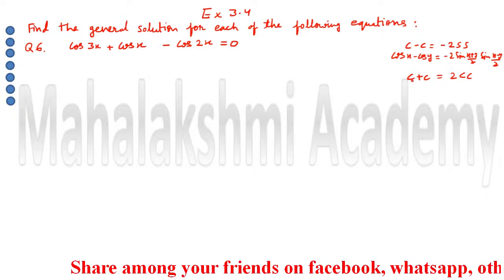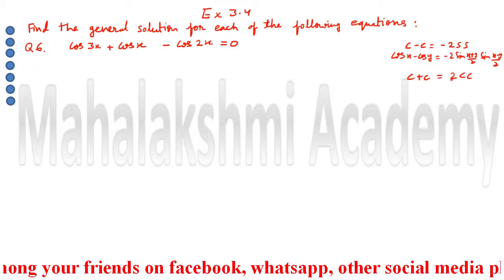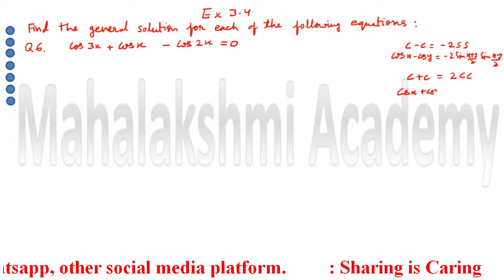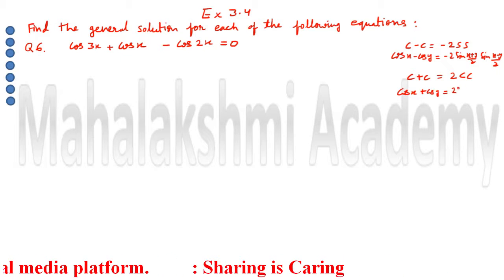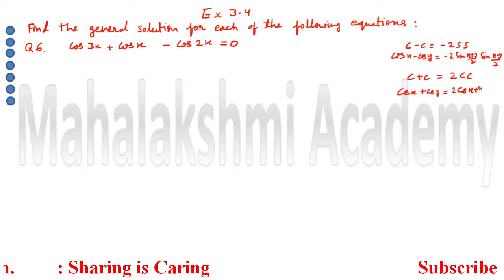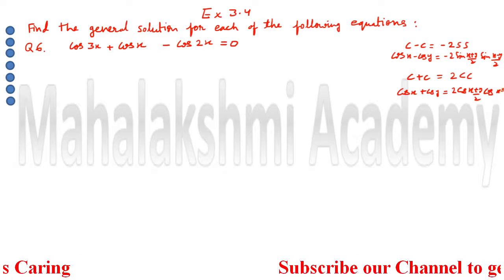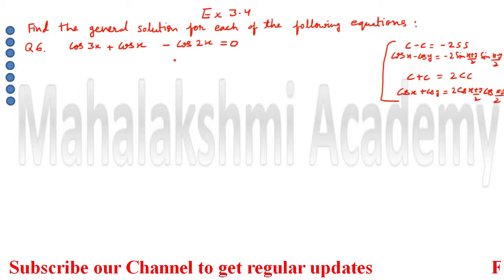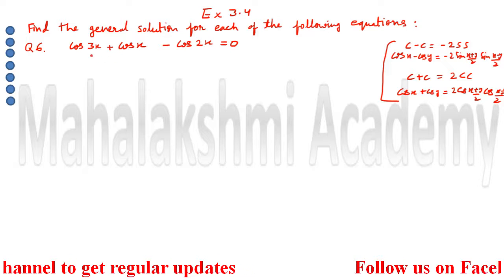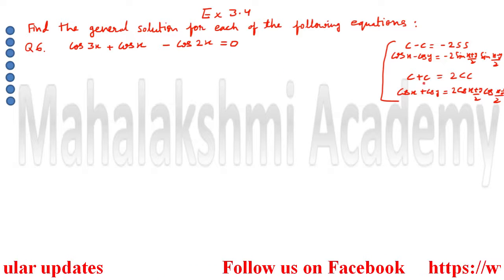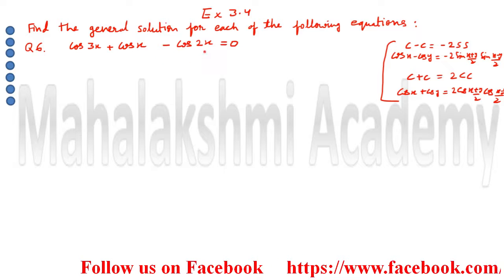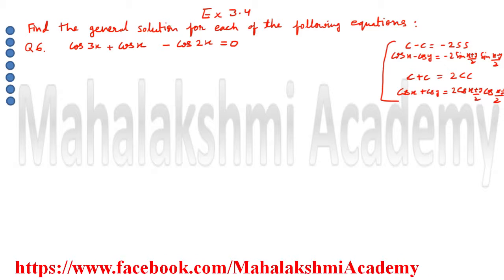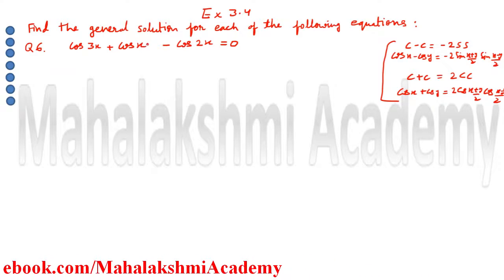And if it is cos plus cos, which is 2 cos cos, that means if the question is of the format cos x plus cos y, then we can write it as 2 cos of (x plus y) upon 2 and then cos of (x minus y) upon 2. These are the formulas students can use here. If you use these two ratios, you use the cos plus cos formula, and if you use these other ratios, you use the cos minus cos formula. So both are applicable, and among these we have to select any one pair.